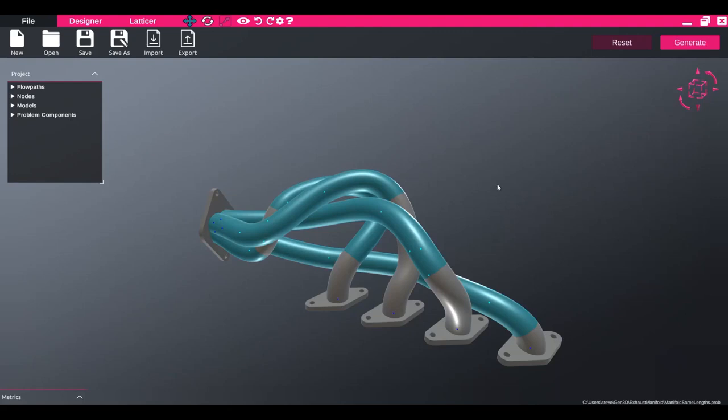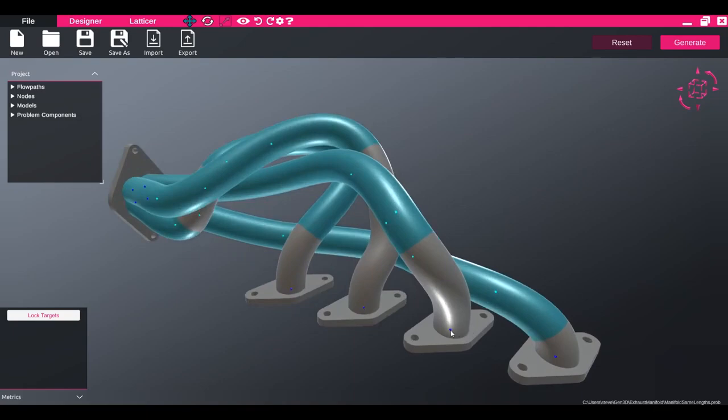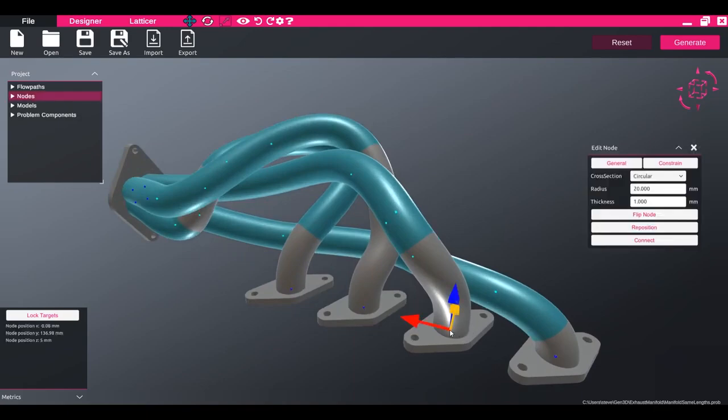So in this tutorial, I'm going to provide an overview of the metrics panel, which can be found in the bottom left-hand side of the screen in the Gen3D software. The metrics panel is used to find information out about the design components inside Gen3D. At the moment it's empty because nothing's selected, but I can select one node in the system and this